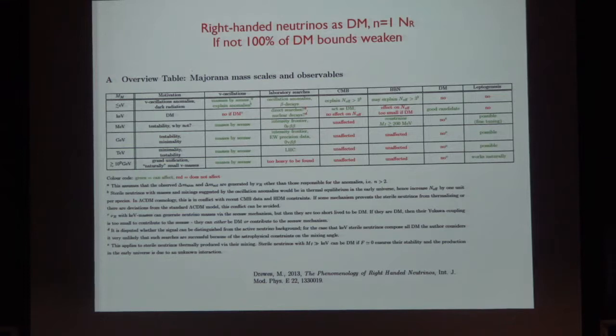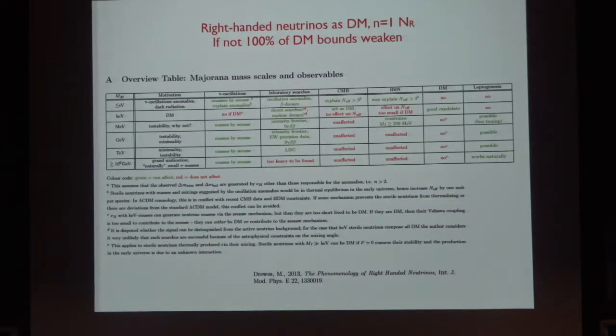So we need neutrinos, we extend the neutrinos, and as an extra plus, we get a dark matter candidate. Okay, let's have a look at how good a dark matter candidate a right-handed neutrino can be. It turns out that if we only add one, then it could be a good candidate only in the keV range. If we add more, then of course all these bounds are relaxed, and we could have a more